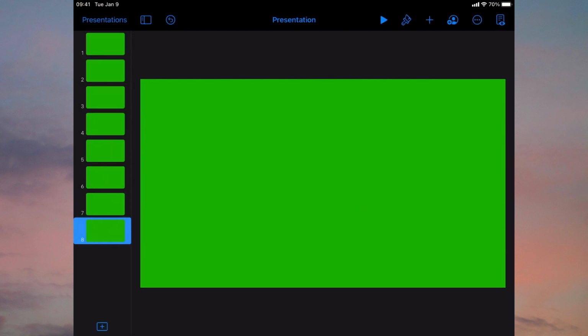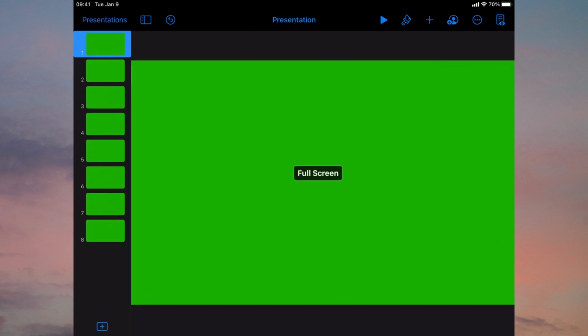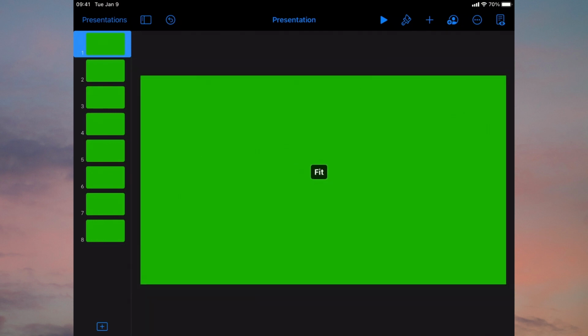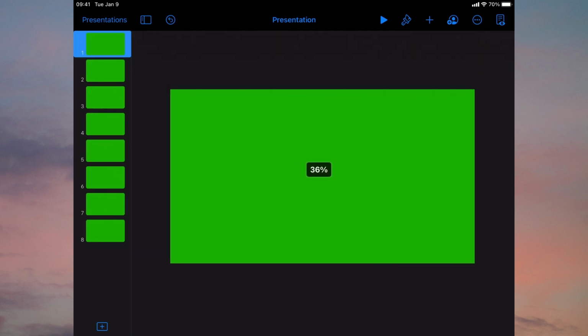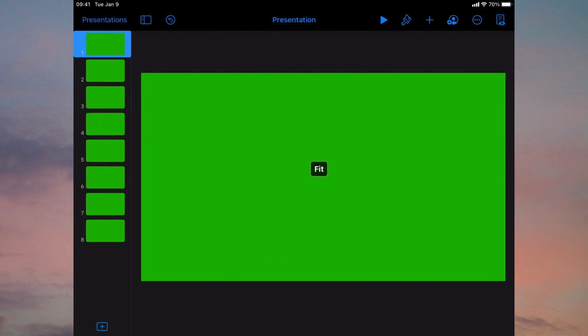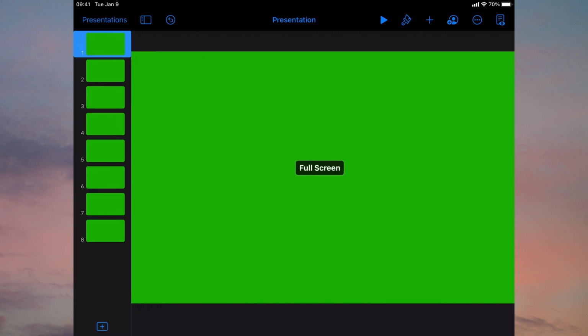And you'll see why this is useful as we go through the presentation. Now that we've made our extra duplicates, you can just touch the first one just to highlight that. Then unpinch the screen till it says full screen. So let me just pinch back in. You start off with a percentage, then it goes to fit, and as you scroll further it says full screen. If you now let go, then you'll find that the menu dialog on the left hand side clears itself.